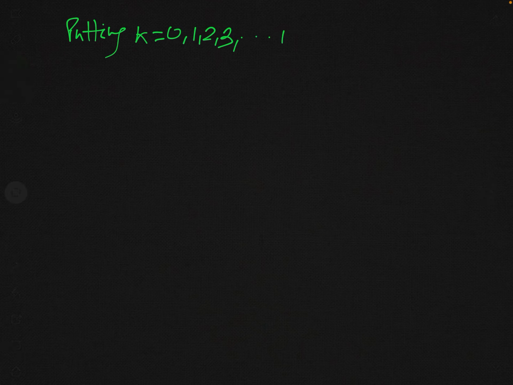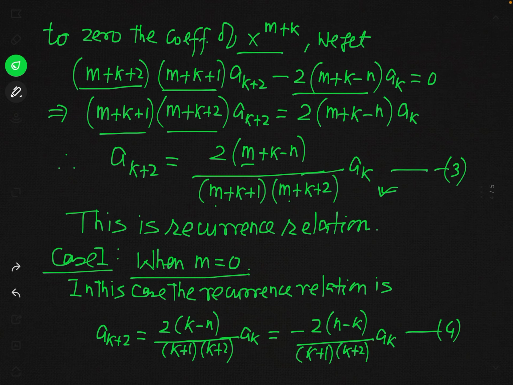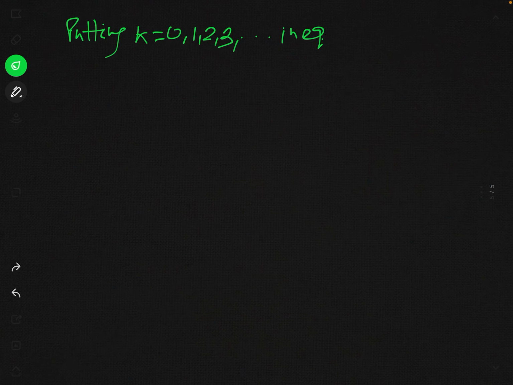So putting k equal to 0, 1, 2, 3 and so on in equation, in which equation? In equation 4. In equation 4 we get,